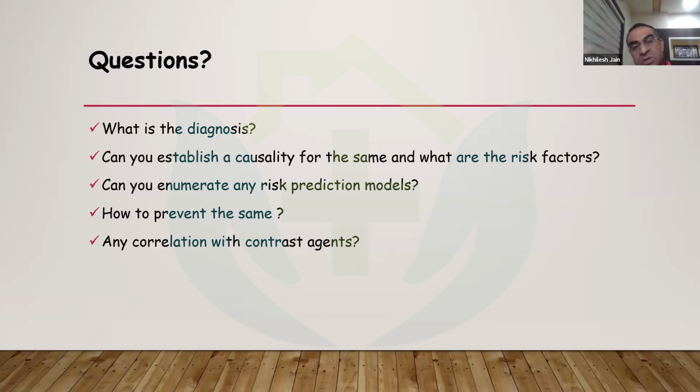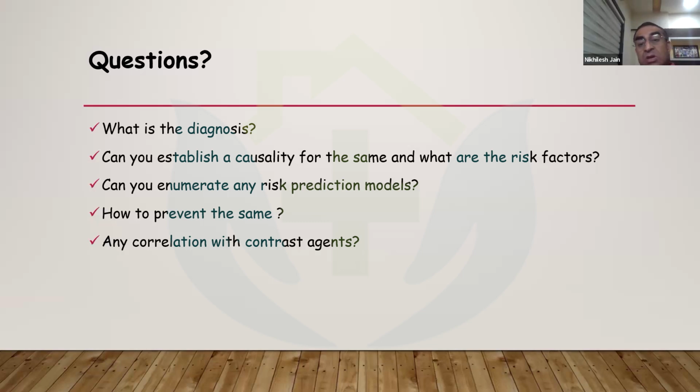One, can you establish a causality? Causality meaning, can you establish the fact clearly that this is happening because of the coronary angiography and the contrast exposure? You need to know certain risk prediction models, especially the Mehran risk score. You need to know the preventive measures, including hydration, role of N-acetylcysteine, certain other measures, how they do it, and